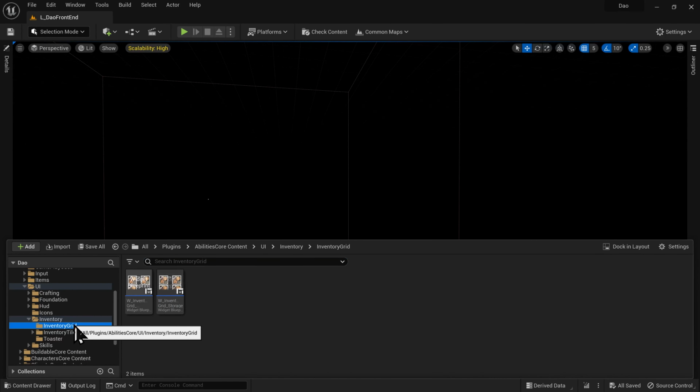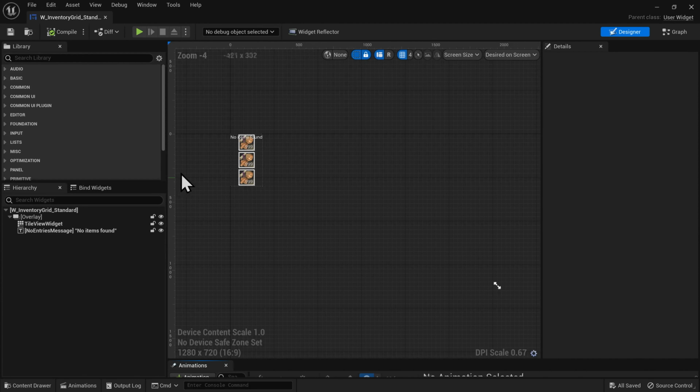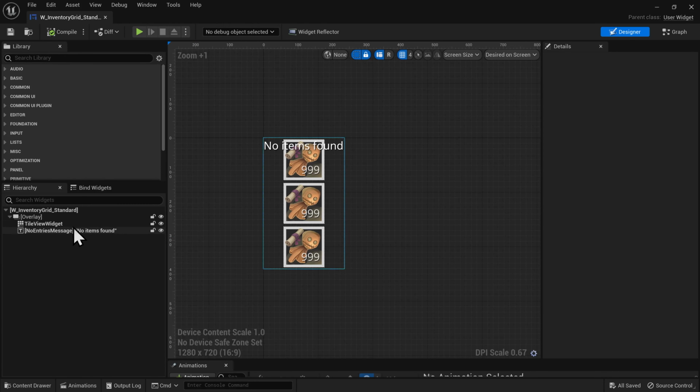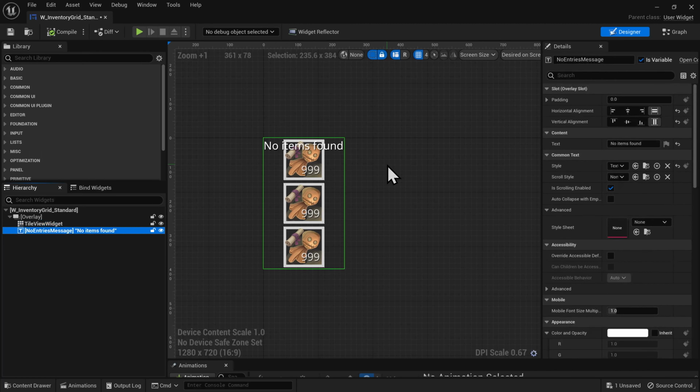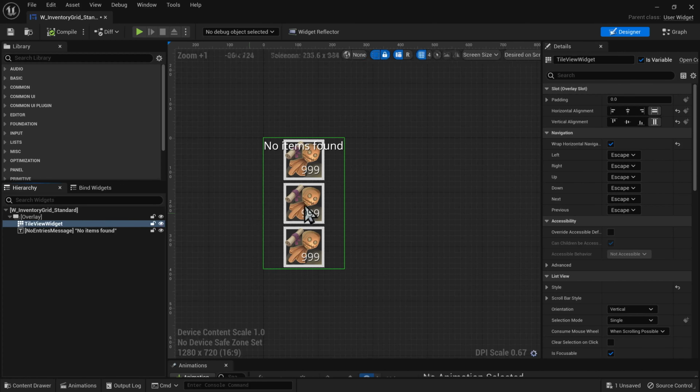We go up one from there to the grid. The grid, which is this tile view widget, which should have populated my details, but it's not. I don't have any details. I think I've crashed. Oh, no, just an extremely long load. All right, so the tile view widget, which is the container for these visuals,